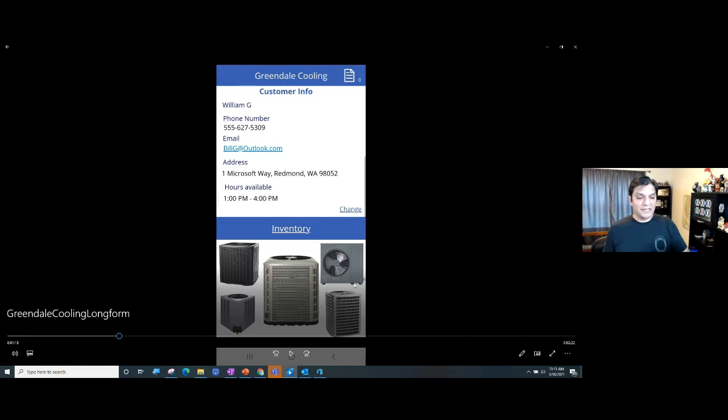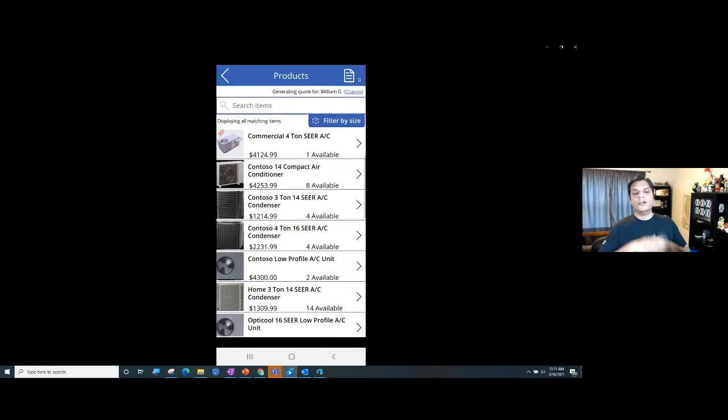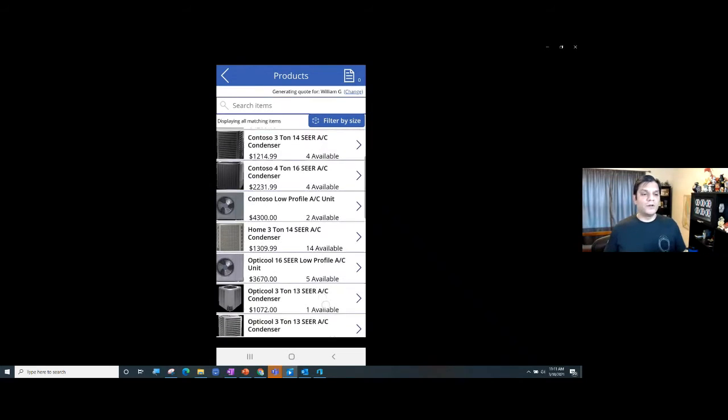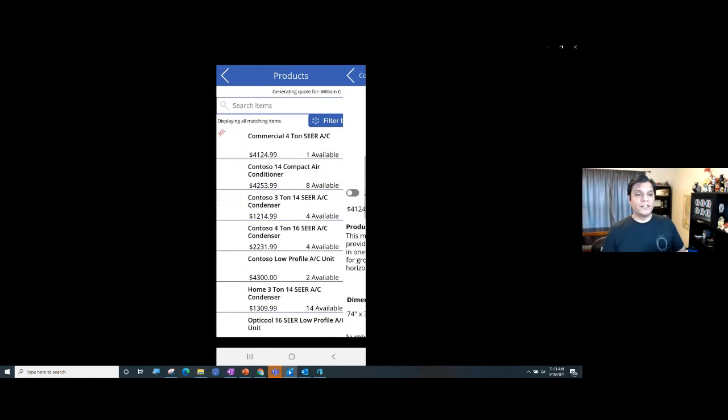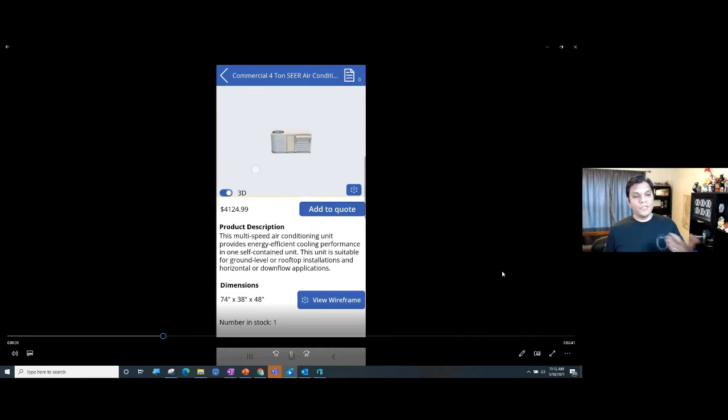So in here, this is basically it. They've got their inventory, and in the inventory, it's a pretty simple Power App over here. You can go ahead and search for any of the specific items that you want. And as you can see, some of them even have the icon over there, like the one on the top. Hey, there's a 3D one over there. So in this HVAC, they have a 2D picture, and if you use the toggle switch over here, if you toggle it, it shows the 3D. So this is that 3D one that I talked about.